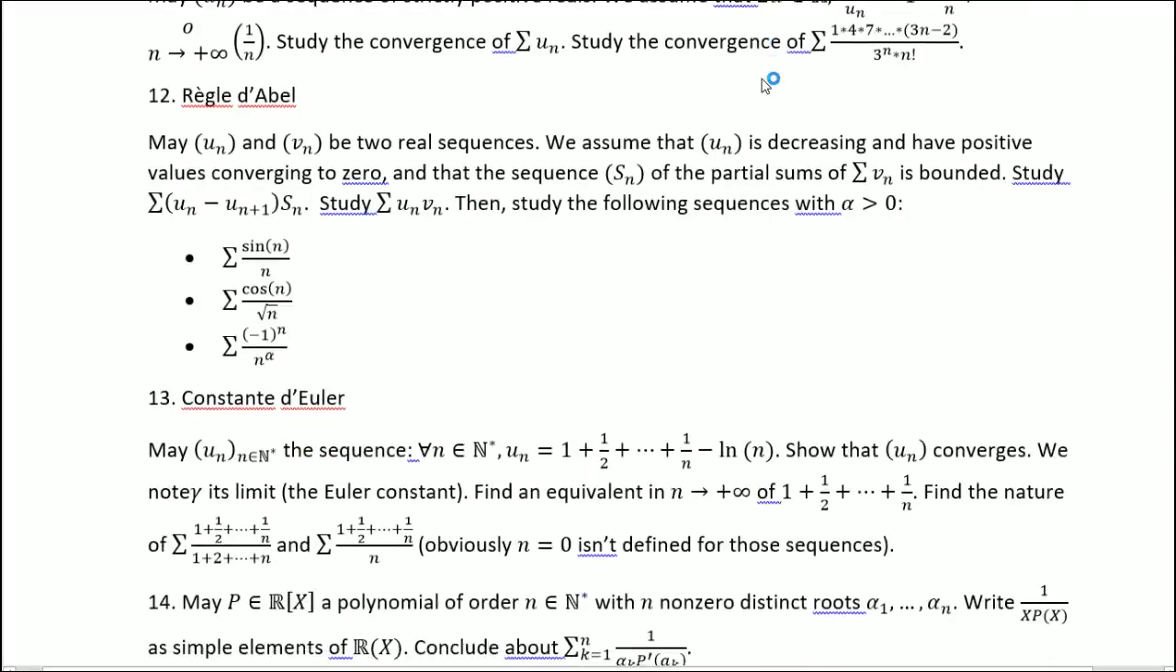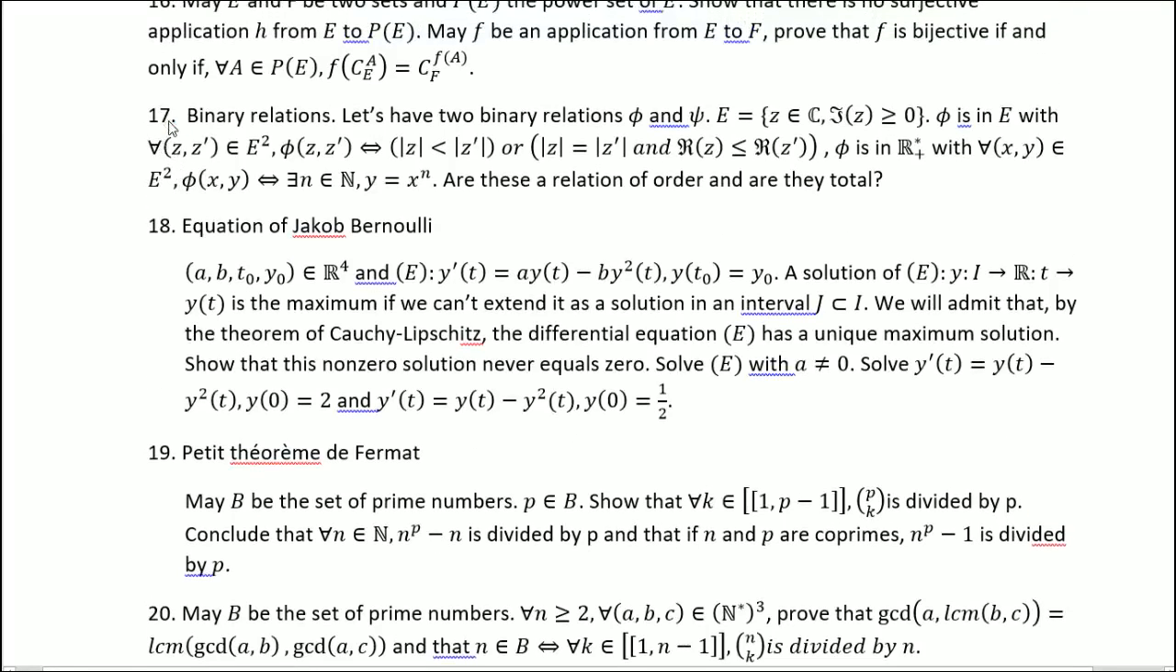Today we'll be taking a look at question 17, binary relations. So let's have two binary relations, phi and psi. I call E the space with the imaginary part of z being superior or equal to 0. So I call